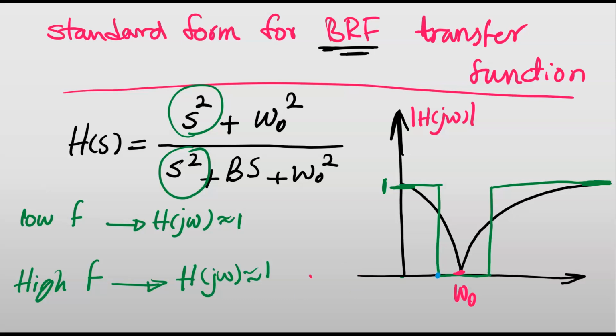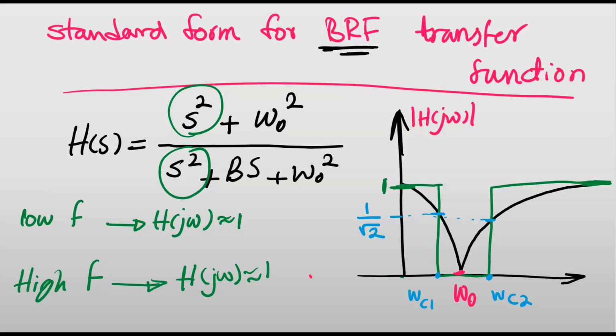So here I have ω C1 and here I have ω C2. This is the frequency that shows the cutoff frequency for me. At the cutoff frequency, the magnitude of H at jω is equal to 1 over radical 2. So if I want to directly find ω c1 and ω c2 from the transfer function, I can let the magnitude be equal to 1 over radical 2 and solve for ω c1 and ω c2. But we do have other approaches,